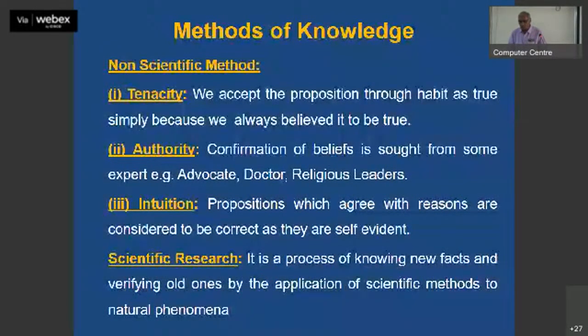What is that? It is the process of knowing new facts and verifying old ones by the application of scientific methods. That is the meaning of the scientific method of research: the process of knowing new facts or verifying the old ones. And what is the meaning of the scientific method? That anybody who repeats that particular technique or process gets the same verification or validation is the most important part of